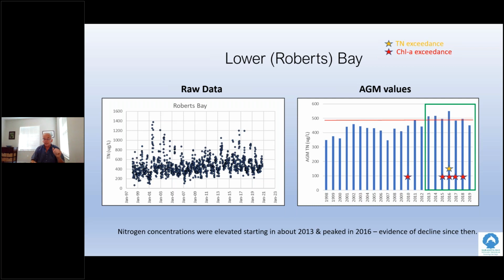So this does indicate that, yeah, nitrogen has gone up, but it's actually more complicated than that, because the last couple of years, the nitrogen has gone down in Roberts Bay. So you can't blame this on simply, well, we've got more people moving into the watersheds, so why did the nitrogen go down? So what we try to understand is, why do we see the patterns that we see